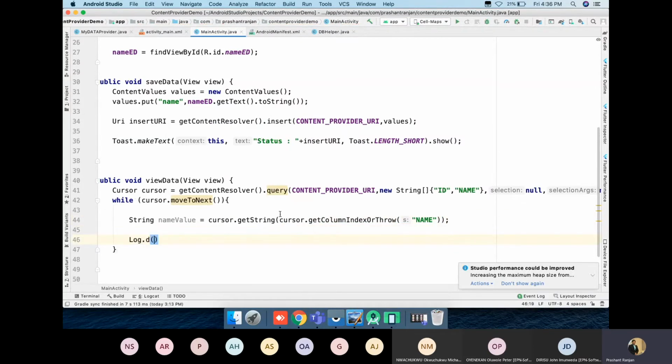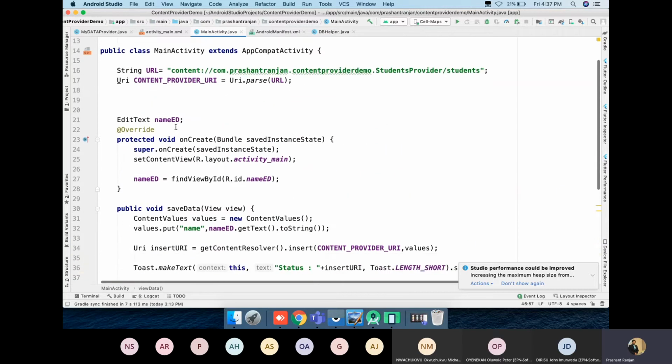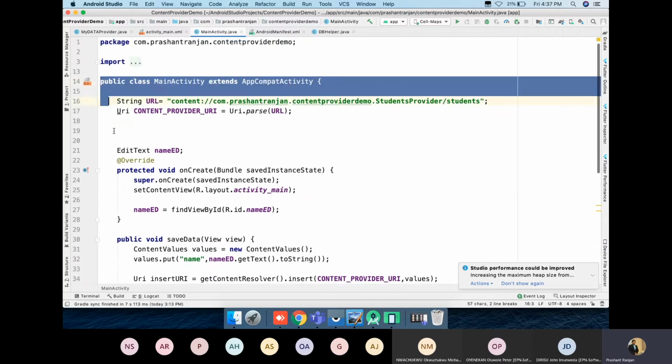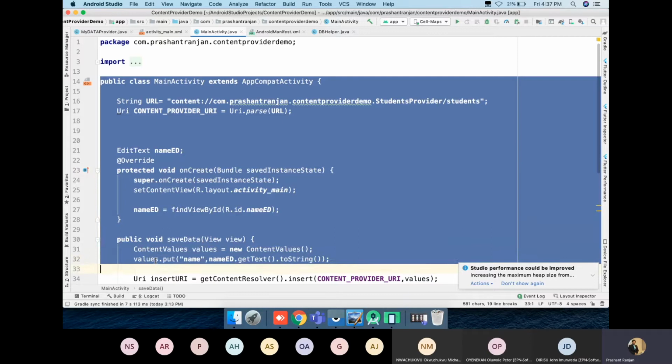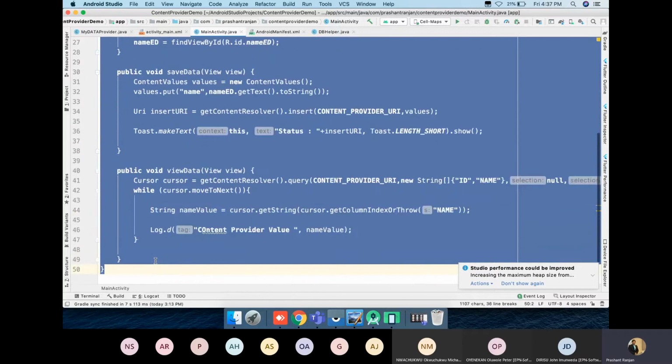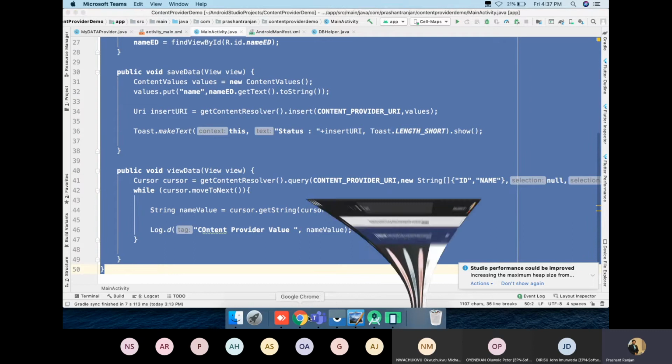Log dot d, content provider value, name value. That's it. All the implementation. You can see we have not written the name of the database, neither have we written anything else. We are just calling it based on the content provider.